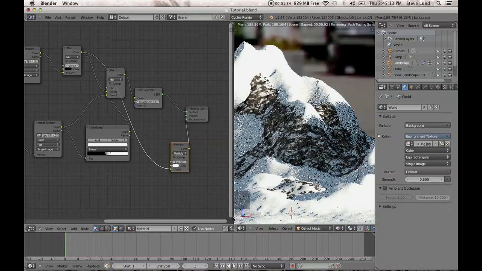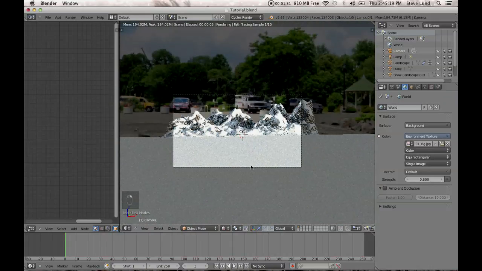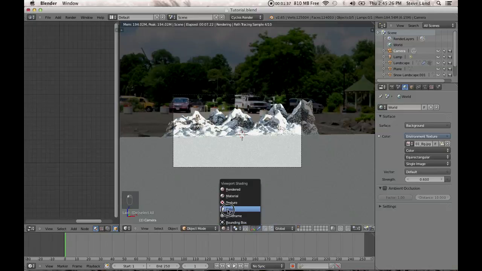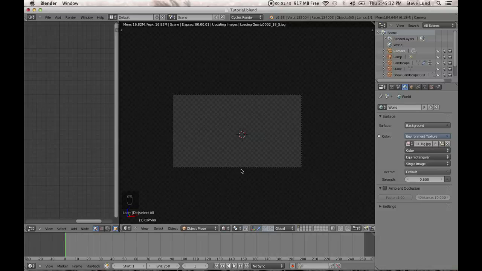Now also, let me give a little more room here. What you want to do is zoom out. You can see that you're getting the wrong spot of the texture here, so you want to select everything. So switch into solid view, make sure you select everything, then go back into rendered viewport, let it load,